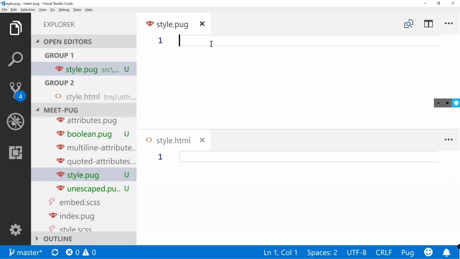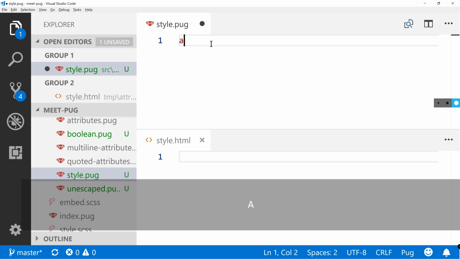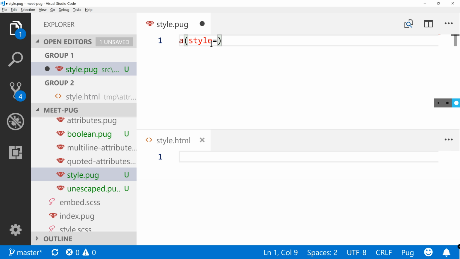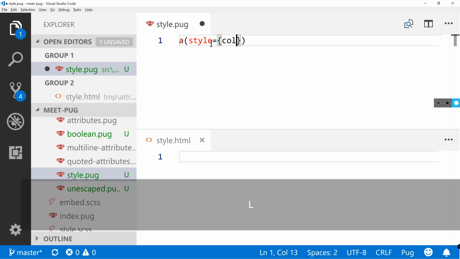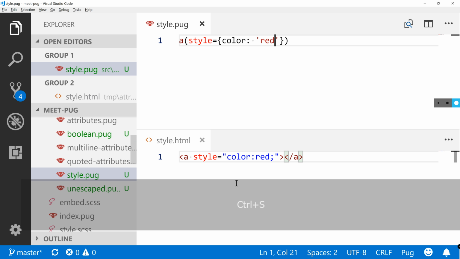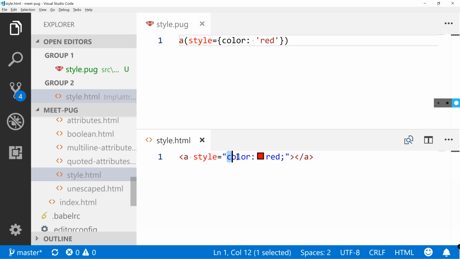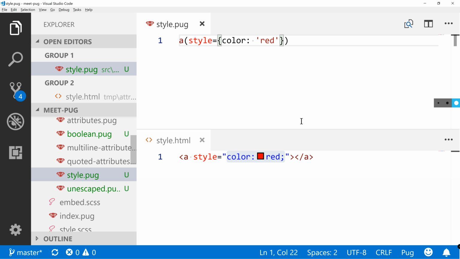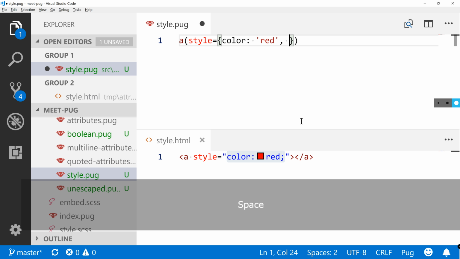And into style, if you have already played with React, you might know about this one. Otherwise, let's do an A tag with a style. And in here, let's pass an object and do color with the value of red. You can see the style receives this one over here. Let's also do background and color,